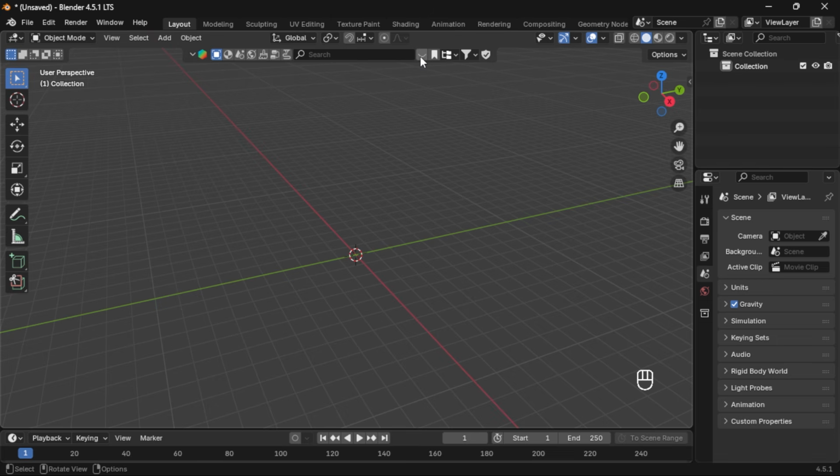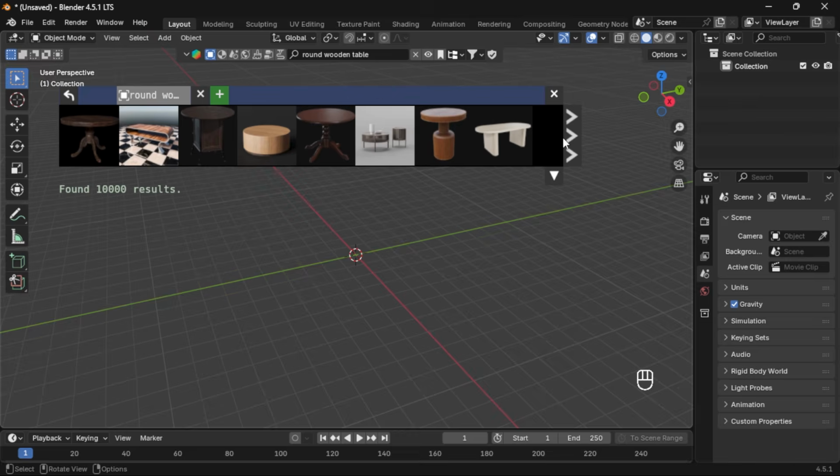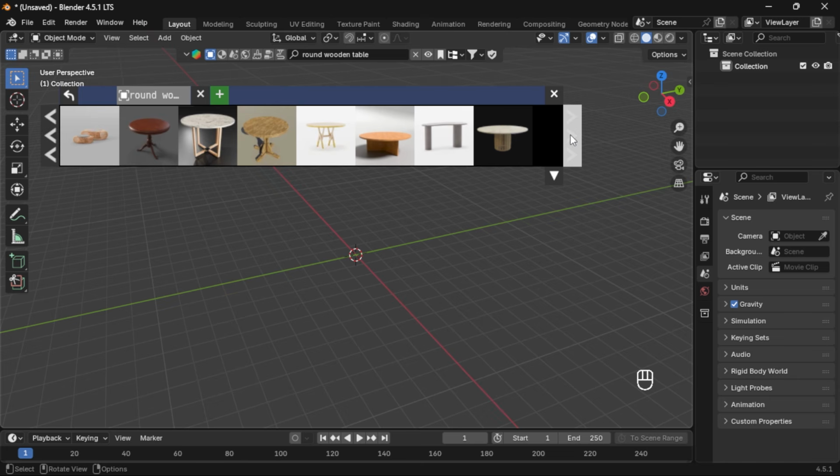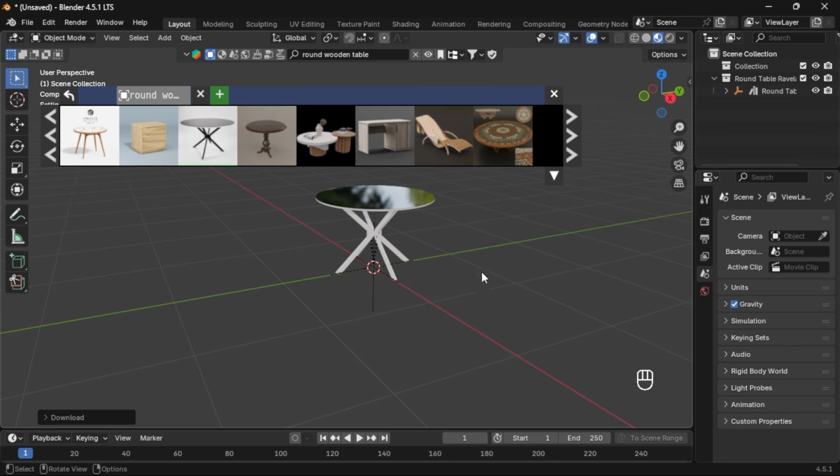So here in Blender I'm just going to delete everything, and now here in the Blender Kit add-on I'm going to search for a table, round wooden table, and I'm going to look for one that matches what I'm looking for. Okay, I think the most similar one is this one,